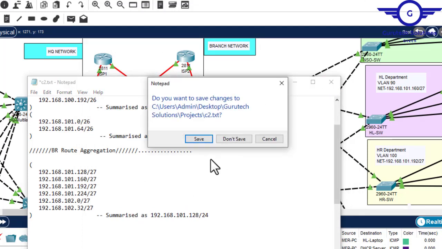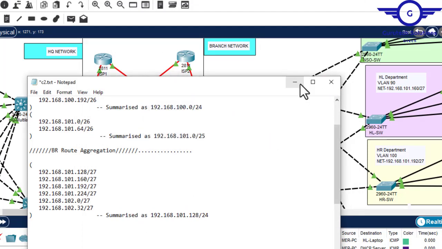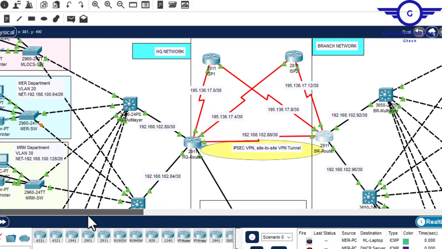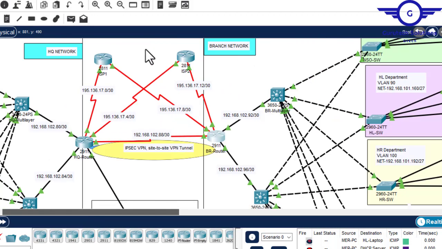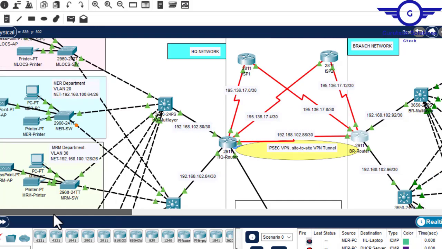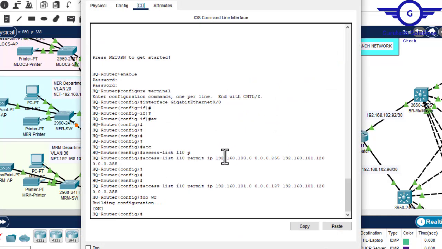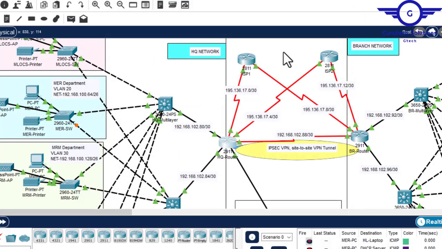Alright, so we have created the access control list as required, which is the first phase of configuring IPsec VPN. We have to highlight the traffic that we are interested in to be encrypted, and we have just created this right now. So the second phase is to create Internet Key Exchange